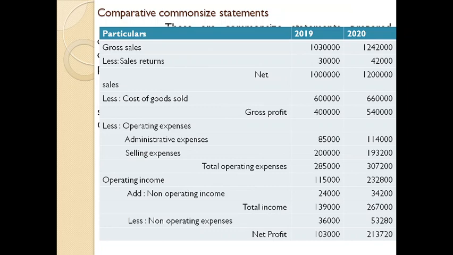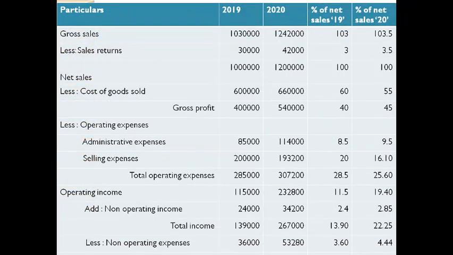Okay, let's see how we are going to deal with this statement. This is how a comparative common size statement looks like. See, here the procedures are followed as per the common size statement. And finally, you need to make a comparison. Here the procedure is common size, but here the details of 2 years are given. That's why it is known as comparative. First one, gross sales. Gross sales, it is given